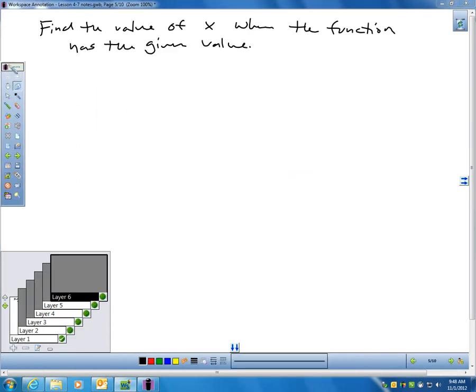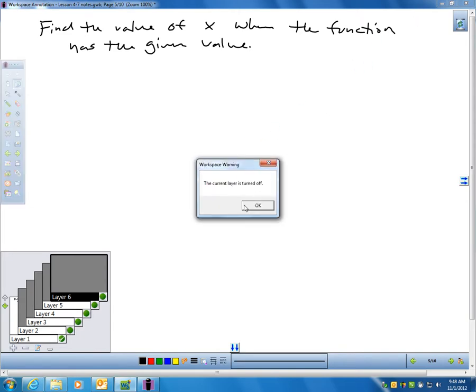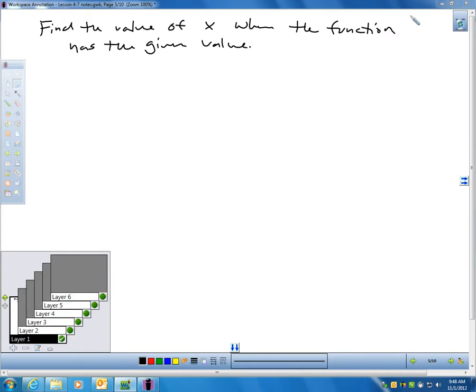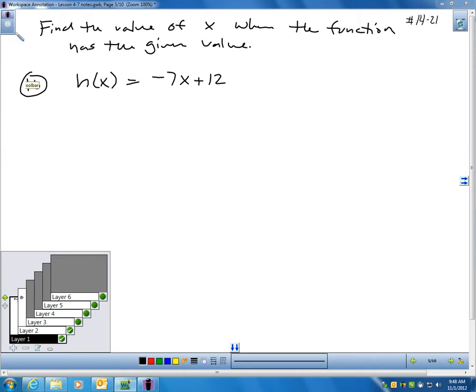You will also see questions like on the next page, 266, numbers 14 to 21. Maybe I'll just put a little note for that up here, numbers 14 to 21, where they're going to ask us to find the value of x when the function has the given value. So an example of this would be problem 16. We want to find the value of x